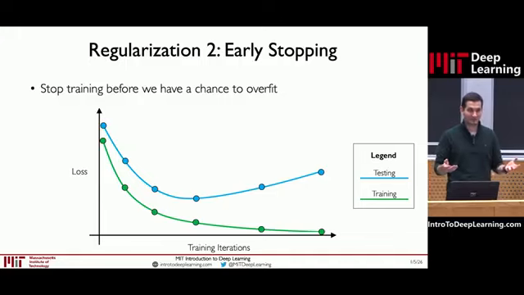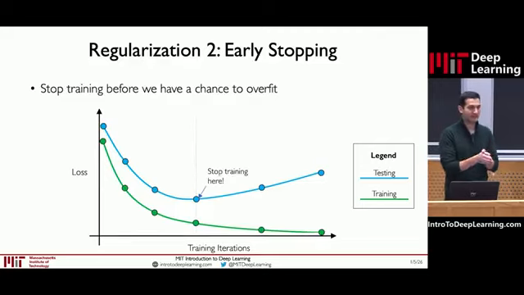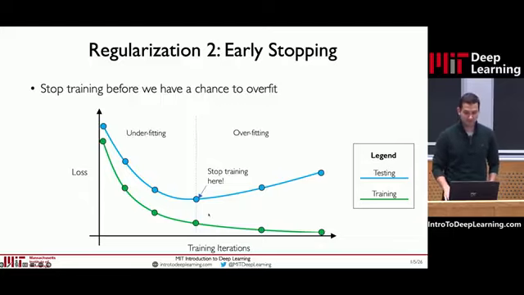Now, the question here is, where would you stop? You train the model for all of these training iterations, you save the model at these checkpoints across the x-axis. You can now take this checkpoint, right? You've saved all of the checkpoints. You look at the curve, and you actually say, okay, this is the checkpoint that I want to use, because after this checkpoint, yes, my training loss continues to get better, but it's not actually translating to my testing data set. So this is the one that I actually should be using. And we can see that after the early stopping checkpoint, things do get worse on your testing data. So you wouldn't actually want to apply those checkpoints.